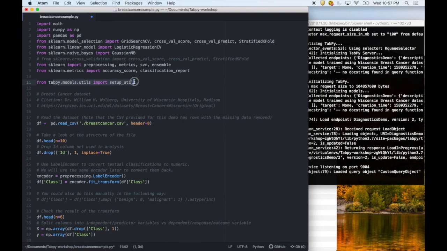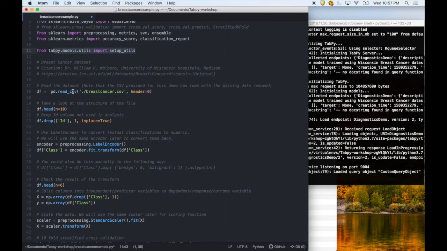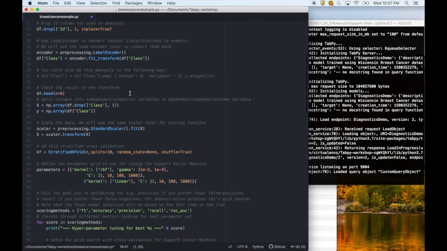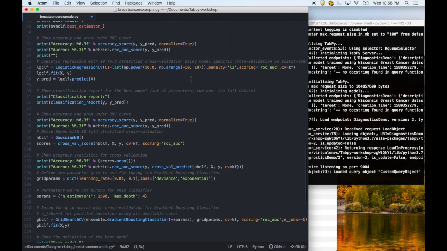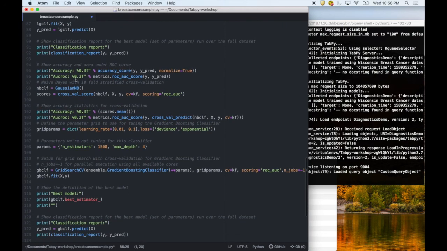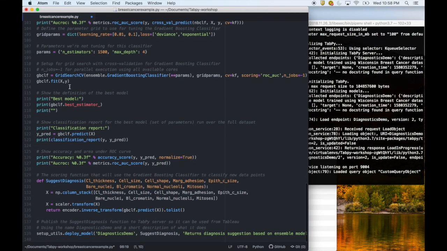Go back to your text editor and review the other instructions contained in the Python source code. The first thing to notice is a call to the Tabpy own developing library. Second, you will see a direction to read in the training dataset, along with the appropriate reference for citation. Following that, there is the definition of a list of different scoring metrics that will be useful to rank the machine learning models, the definition of a handful of classifiers,